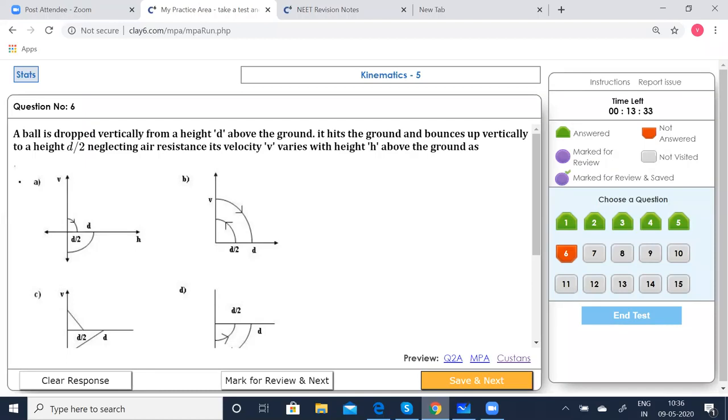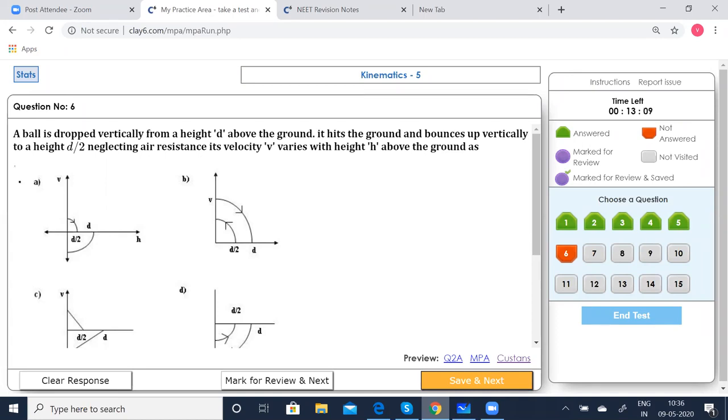Velocity is 0. Now, since it is going in the downward direction, g is going to act, so you can take the velocity to be negative. Its negative value keeps on increasing, so it goes on. Since it is going in the downward direction, you can take it so. At h equal to 0, the velocity gets reversed.